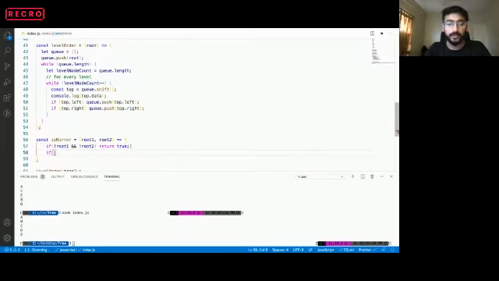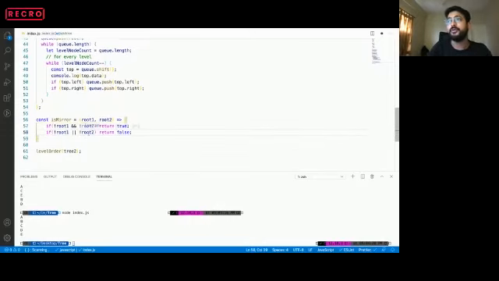If we do not have root 1, or if we do not have root 2, then we will return false. Why? Because one of the nodes is there and the other is not there. So this condition tells us we have reached a point where one of the roots is null and the other root is there. So these are the two base cases that we have written.